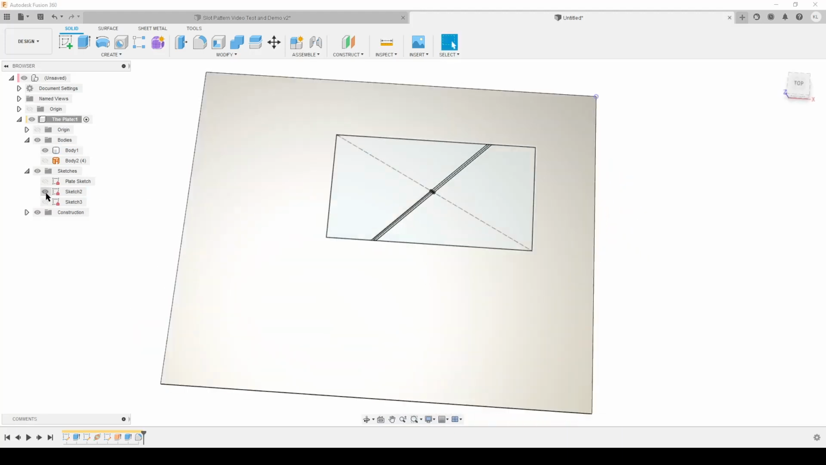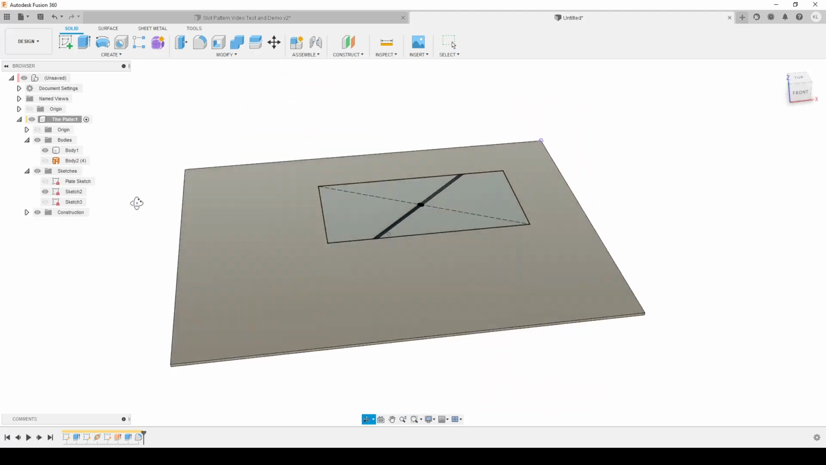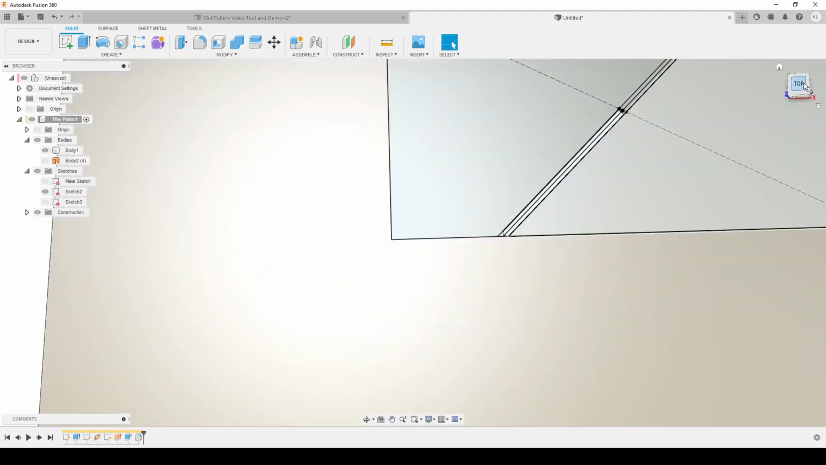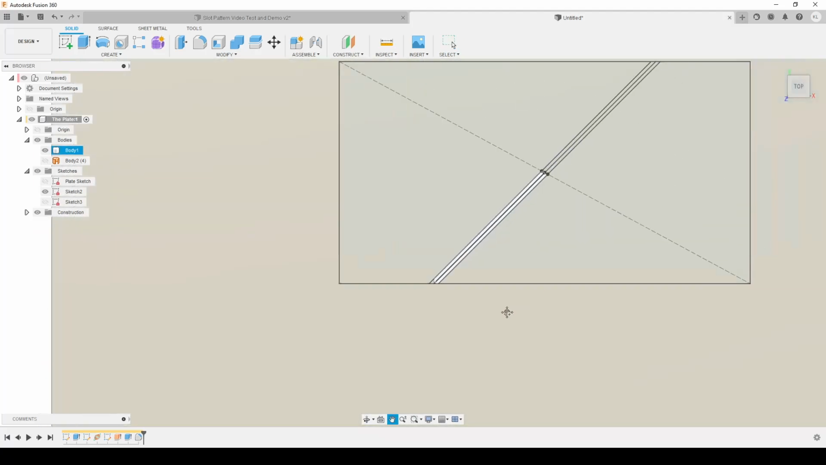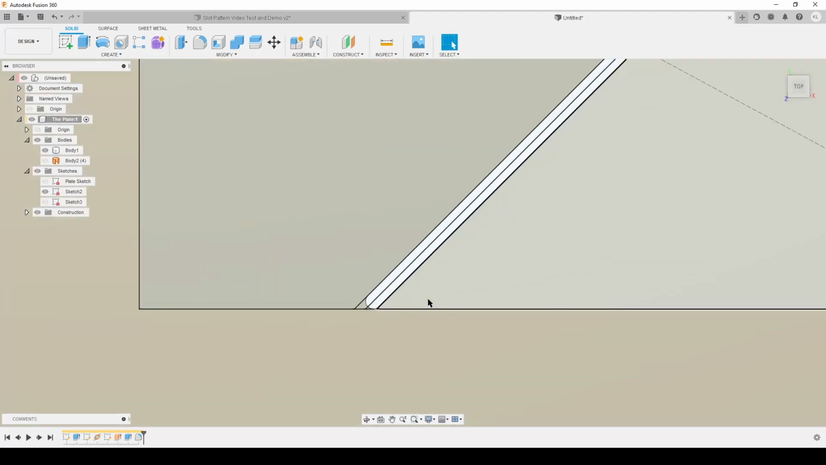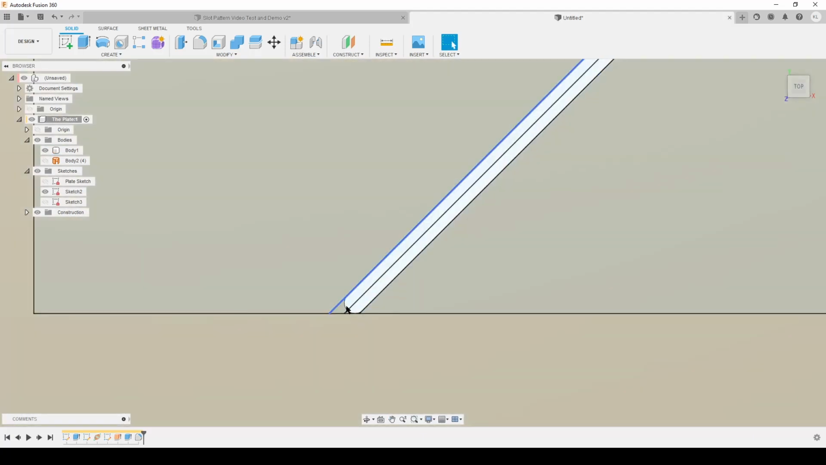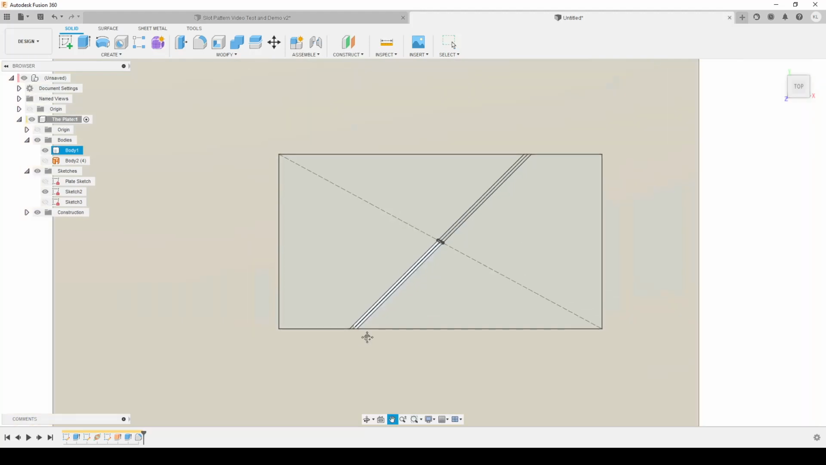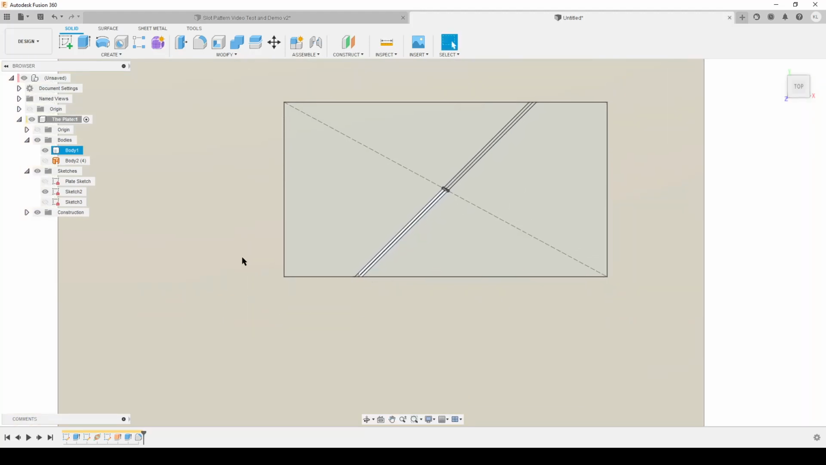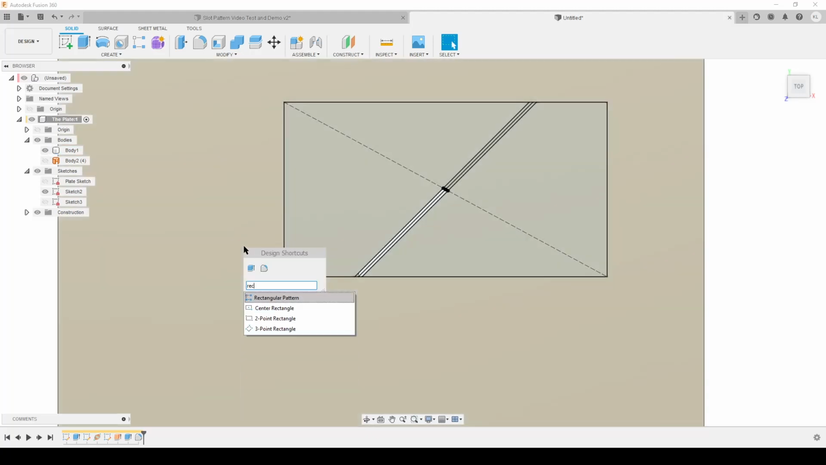I'm going to turn on the sketch again so we can see things. And you can see here now, if we look from the top, that the rectangle here, our pattern's going to stop tangent to this. So that's the limitation of our pattern. So what we're going to do now, we're going to do a rectangular pattern. So S on the keyboard and rectangular pattern,